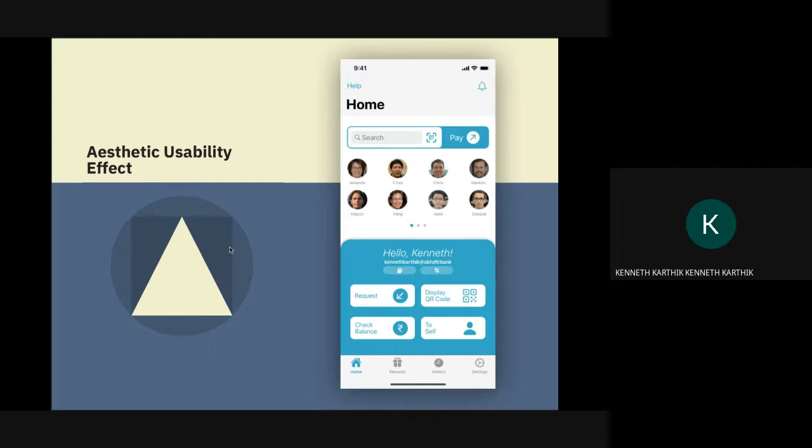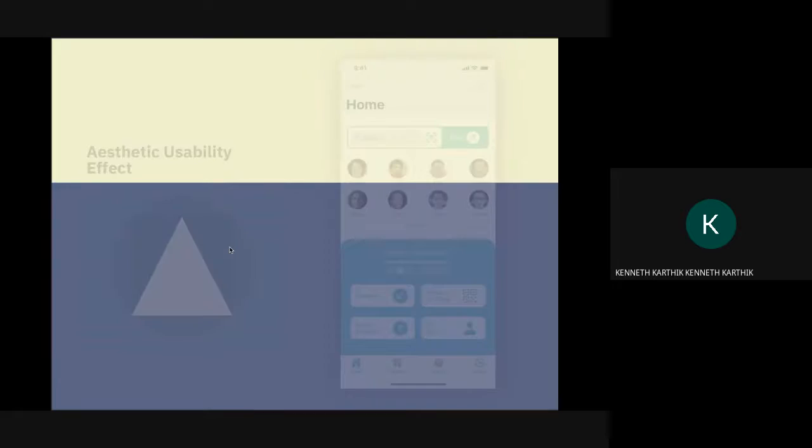So for example, the aesthetic usability effect. All of these are named laws in HCI, which were ironically being achieved through the simple design. Users often perceive aesthetically pleasing design as design that's more usable. It is a mental psyche thing where if something looks aesthetically pleasing, the mind tends to think that maybe it is less buggy. For example, like the whole Netflix conversation that was going on before, there have been times when Netflix also has bugs, but I don't remember it because of how smoothly it transitions out of it. So that is an actual effect, aesthetic usability effect, by making it look clean and aesthetic.